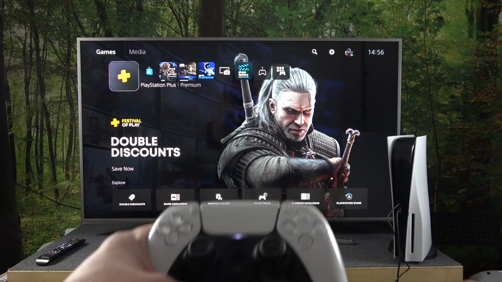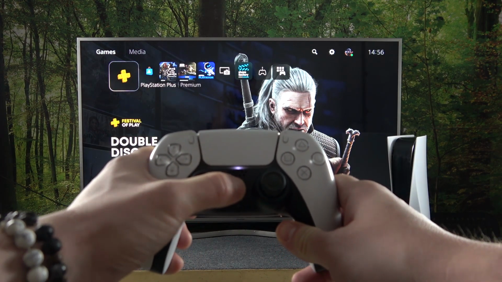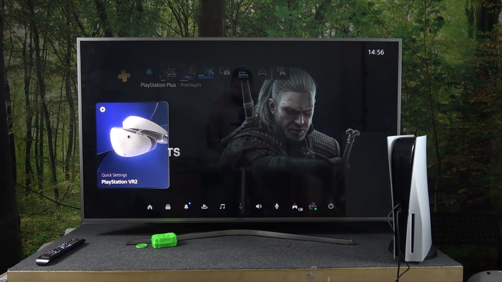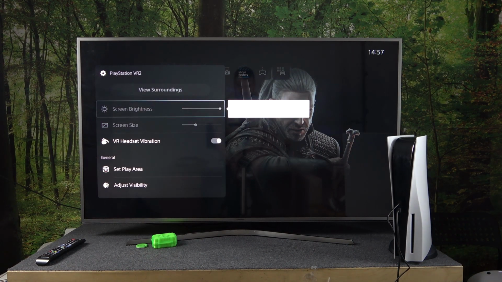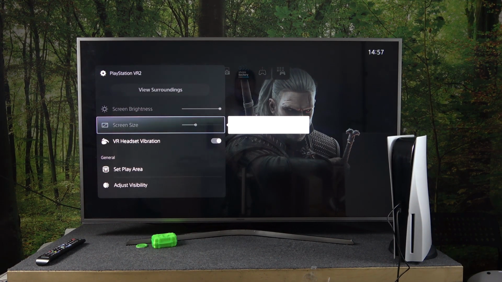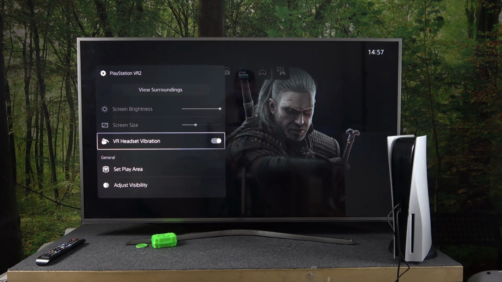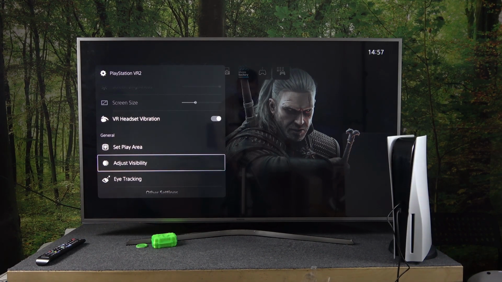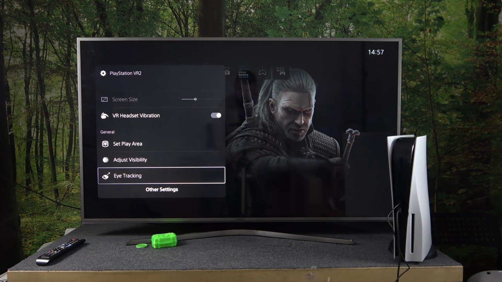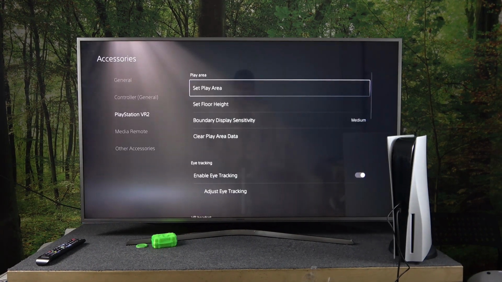In the beginning, let's press the PlayStation button on the controller and now go to quick settings of PlayStation VR2. Now you can enter view surroundings, but this function is only available when the headset VR is on. Then you can adjust screen brightness, change screen size, enable or disable VR headset vibration, set play area, adjust visibility, manage eye tracking, and in other settings